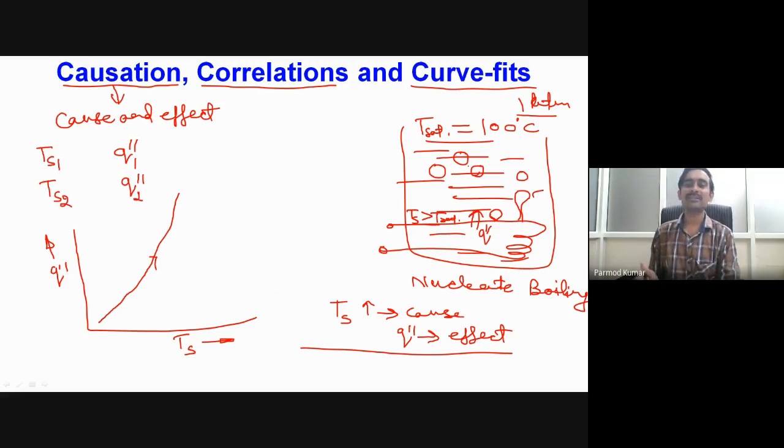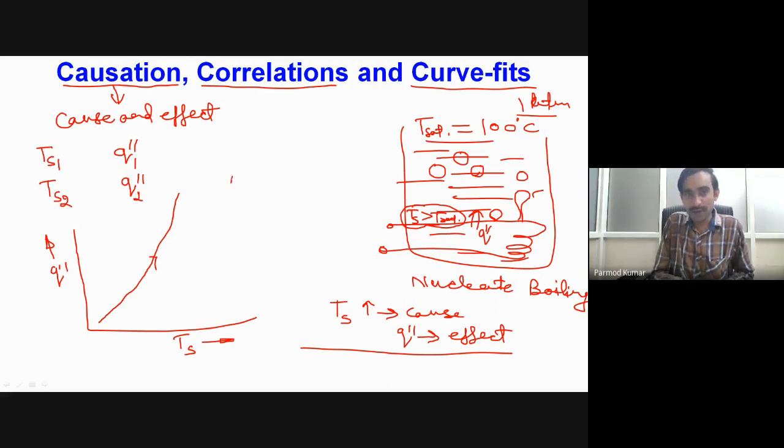So from here you can see that the surface temperature is not the sole criterion which is controlling the heat flux. It is also a parameter, but surface temperature in turn is changing the nucleation of the bubble, its departure frequency, bubble diameter, etc., which in turn affects our heat flux. So our data sometimes may give a wrong reflection of the physical phenomena. Our data is showing that if we increase the surface temperature, it will increase the heat flux.